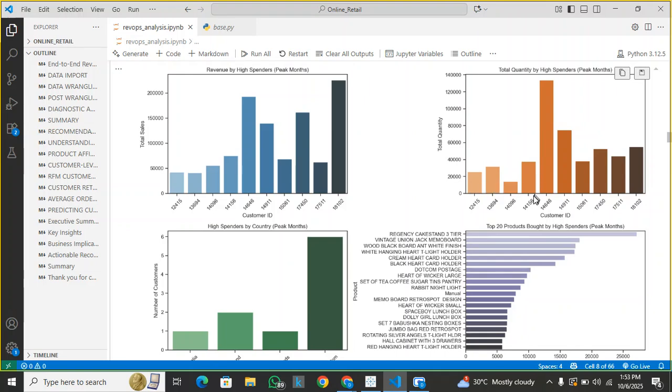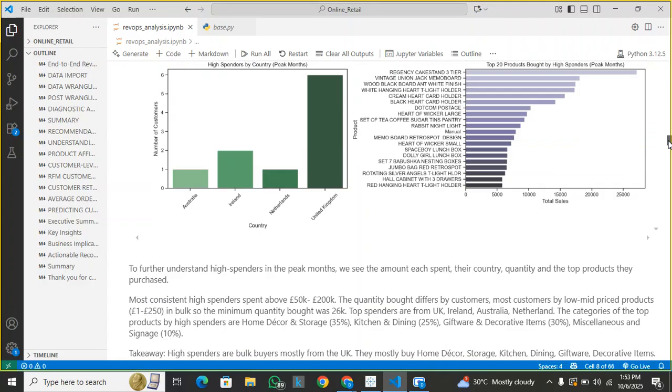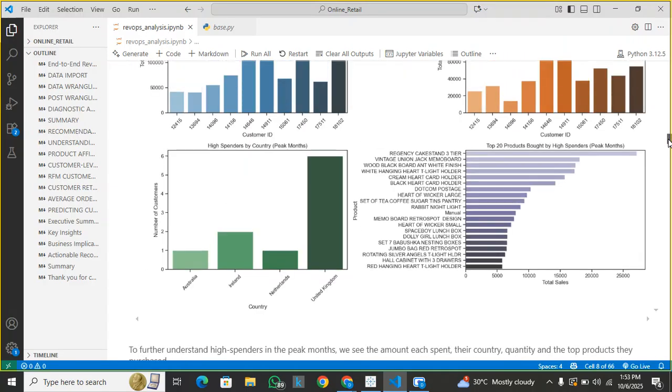So some of them might be going for high price products, but most of the high spenders are wholesalers. High spenders come mostly from the United Kingdom, followed by Ireland